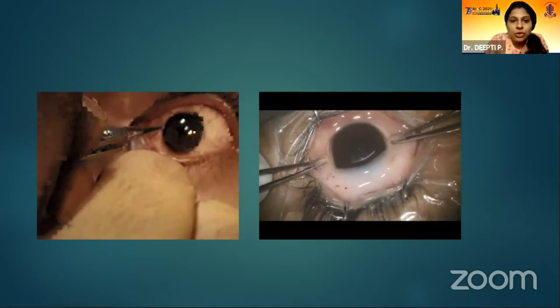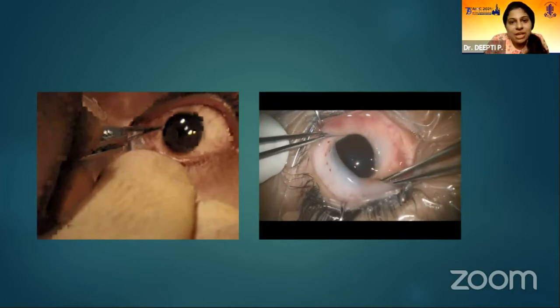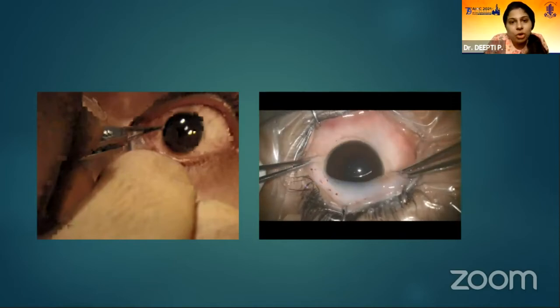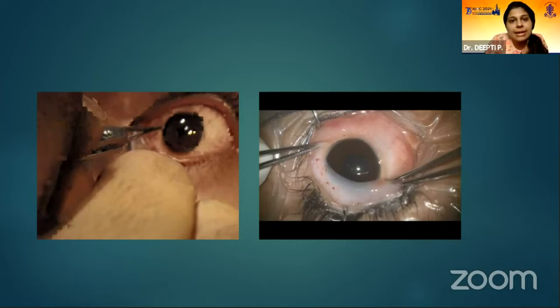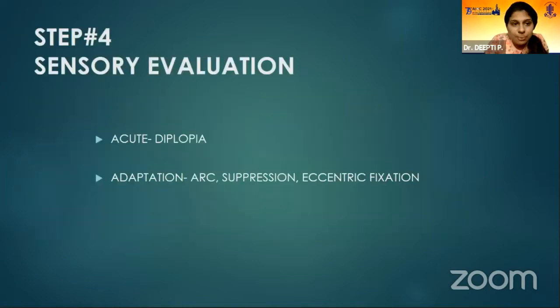So for the rectus, it is basically lift up and perform the FDT, and for the oblique, you basically push the globe behind and then you perform the steps. You need to assess the torsional movement for the FDT, both torsion as well as elevation, depression, or the horizontal movements per se.